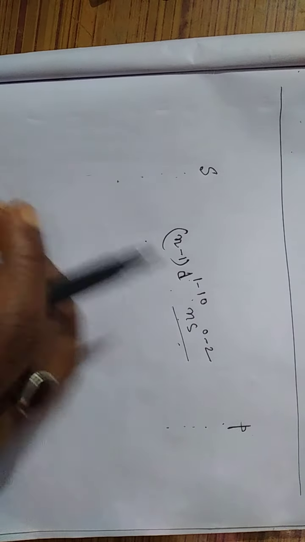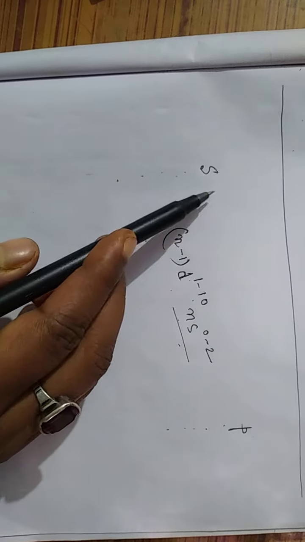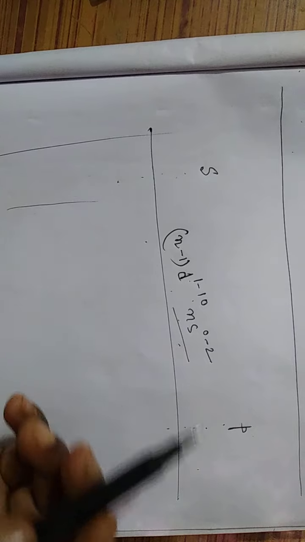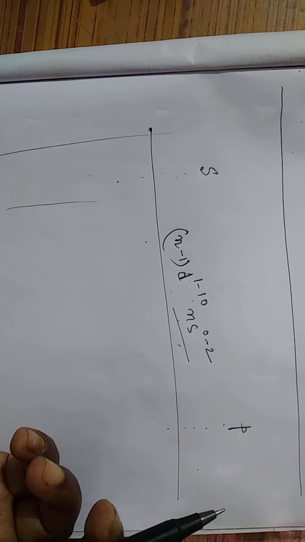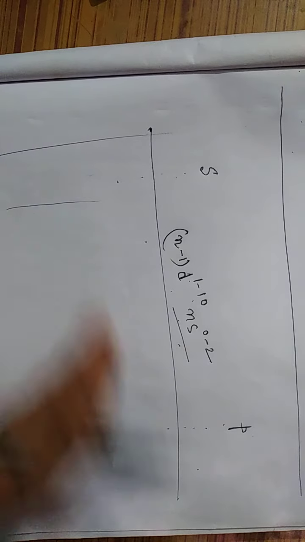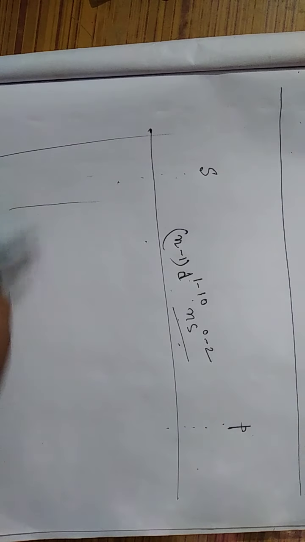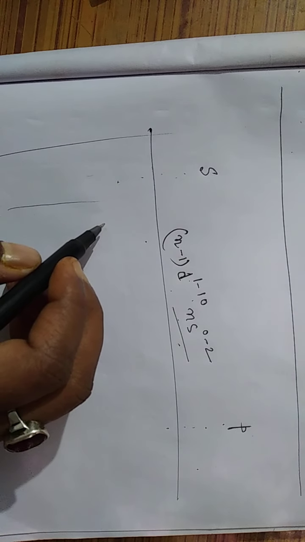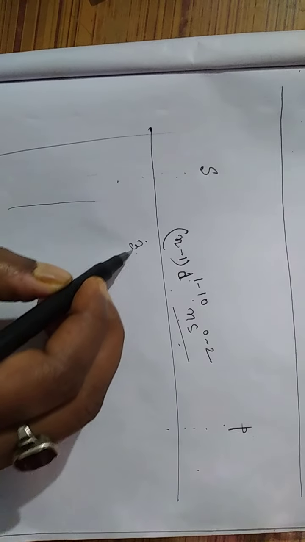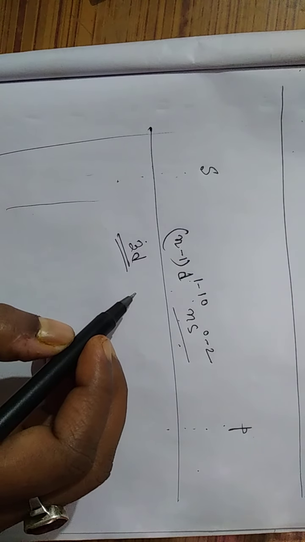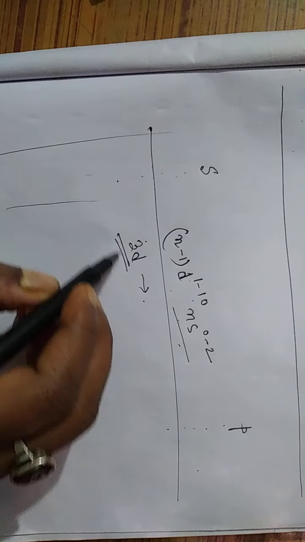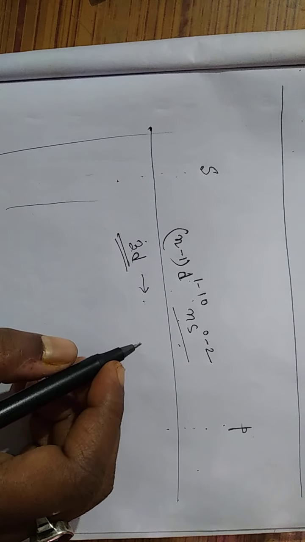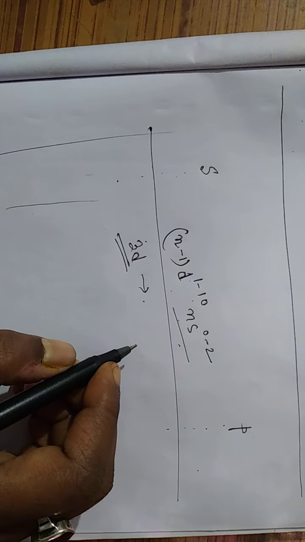Before this, we have learned all the block elements group wise, that means column wise, isn't it? But now we will discuss the elements series wise. That means the first series, second series. The first transition series is there in our syllabus this year. The first transition series is called the 3d series. Why is it called the 3d series? Because in all these elements the 3d shell is being filled.